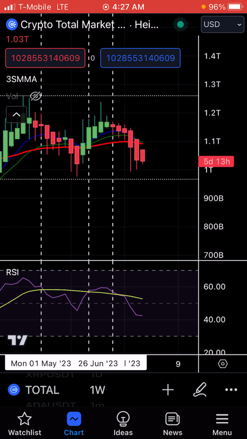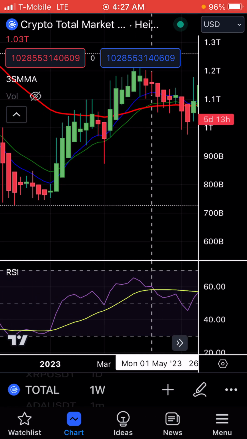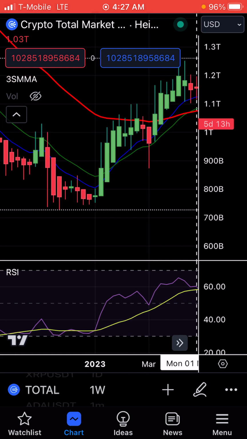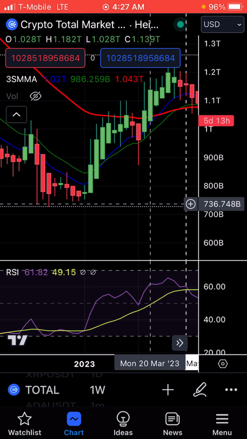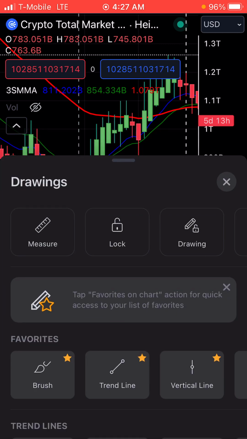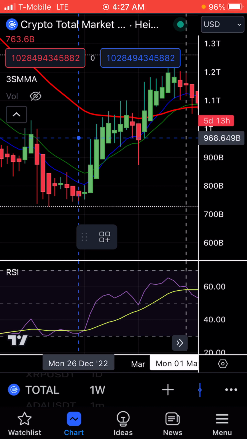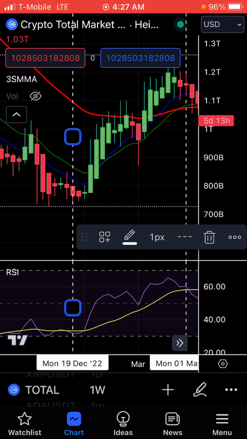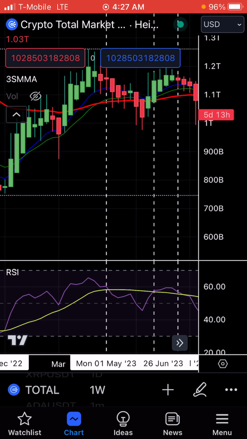So for you to figure out which direction we're going, look at your RSI and look at the moment when it crosses. So when it crosses, like right here, this is the signal of an uptrend. So right here is the start of the uptrend. So it's very easy to find now,